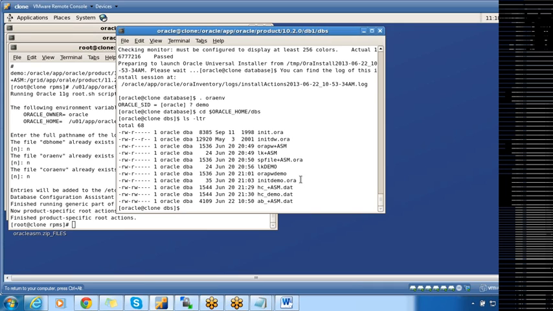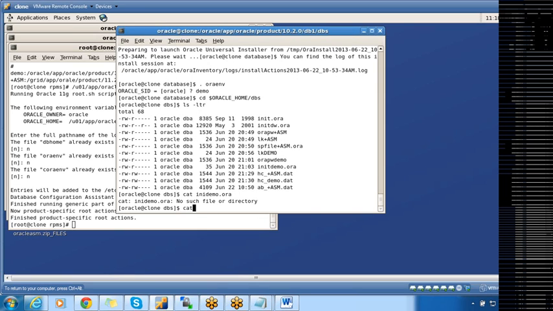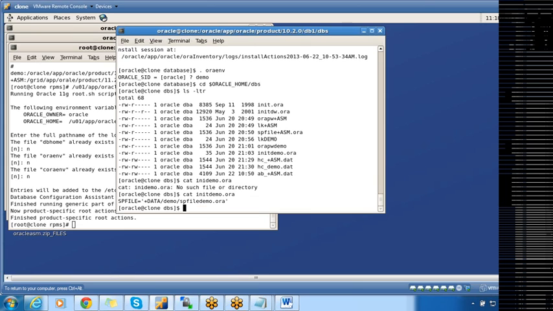I need to copy this init file to the 11g home. The reason is that the init file will have a pointer which will point to the SP file which is present in ASM.